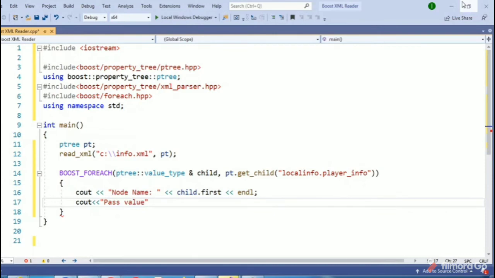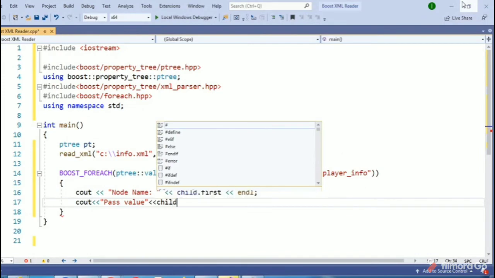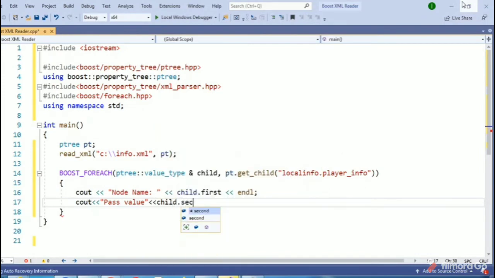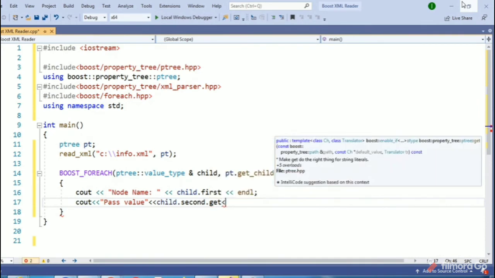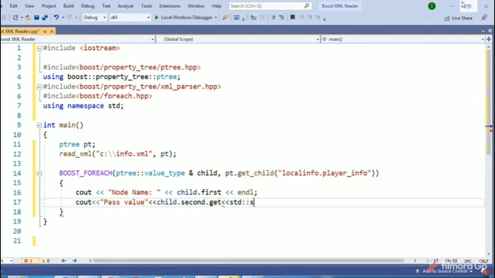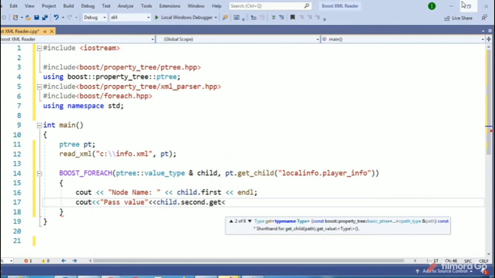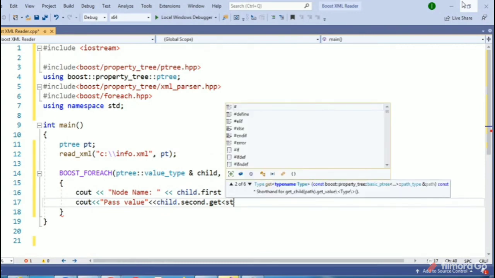So we will use child.second.get, then std, and inside that, this is a template, so we will use string here.